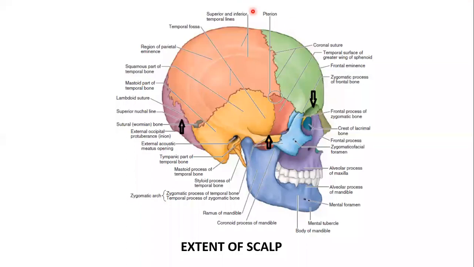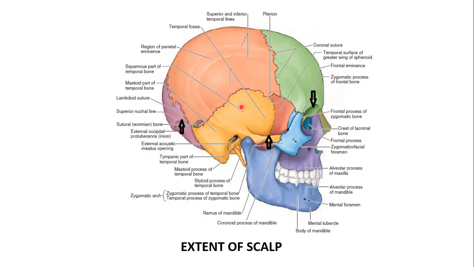I am Dr. Saqib and today we will discuss the anatomy of the scalp. So, scalp, you can define it as consisting of the skin, which normally is hair bearing, and the subcutaneous tissue,